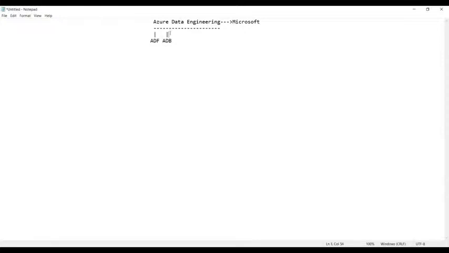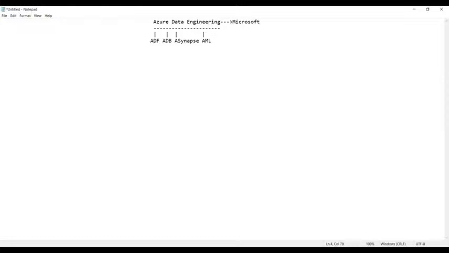And apart from this Azure Databricks, we also have the service called Azure Synapse. I'll explain one after the other, don't worry. Apart from this, we have many more services, and some of the highlighted ones I will tell you. Then we have Azure ML, which stands for machine learning.